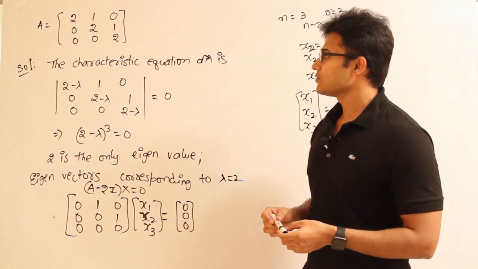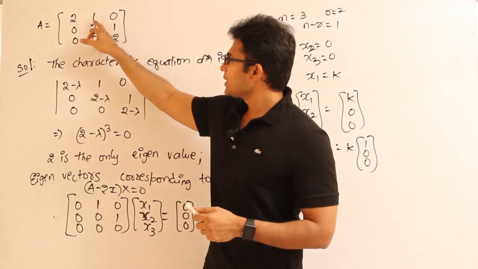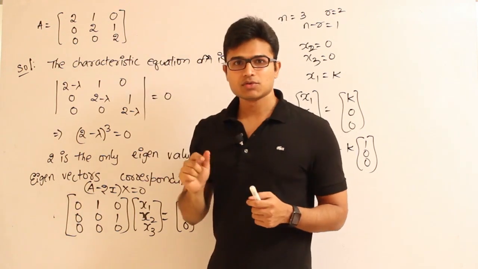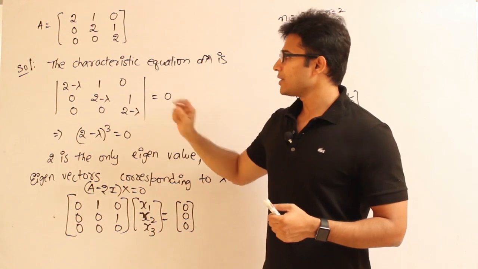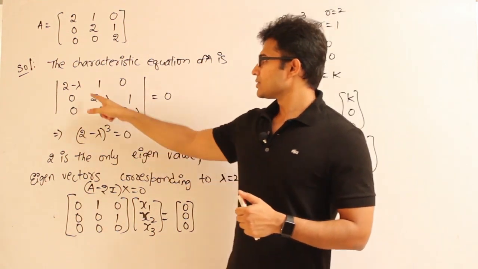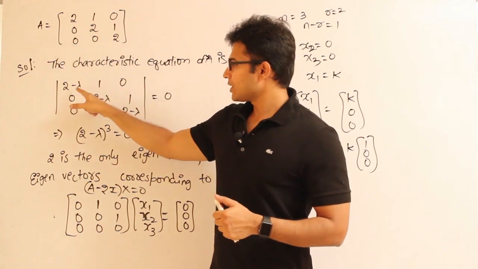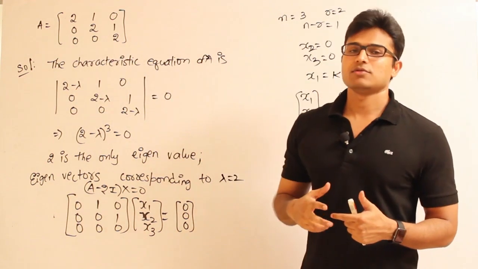So first of all, write the characteristic equation. How can we do it? From the principal diagonal elements, we are supposed to subtract lambda. So now I am subtracting lambda here, and lambda here. Okay, and after doing that, just see this. From the principal diagonal elements, I am subtracting lambda, and lambda. Okay, now we are supposed to find out the